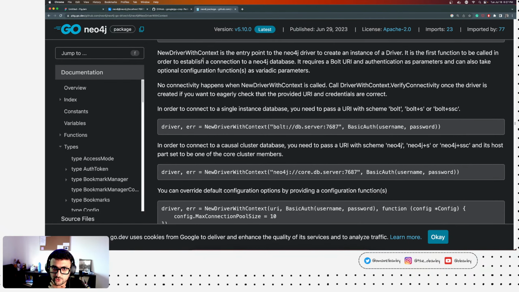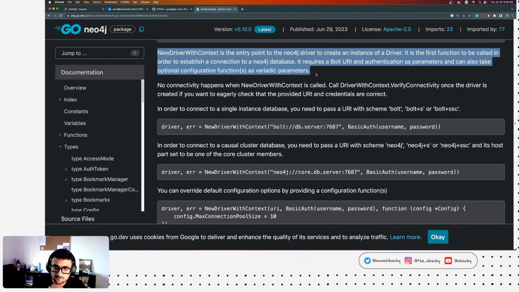NewDriverWithContext is the entry point to the Neo4j driver to create an instance of a driver. It is the first function to be called in order to establish connection to the Neo4j database. It requires a URI and authentication parameters, and can also take optional configuration functions as variadic parameters, right?